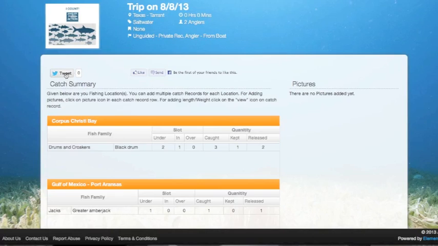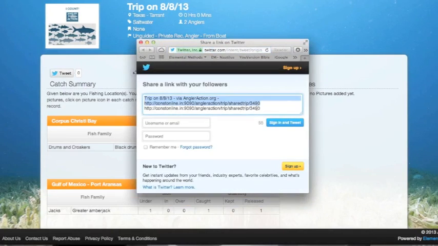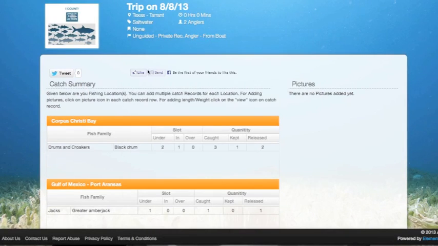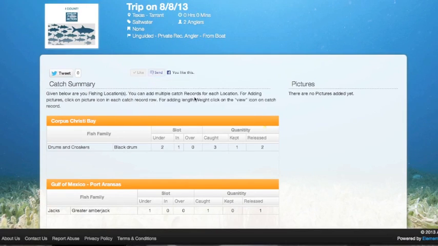If we click on the tweet button, this is what your tweet will look like. It'll be information about your trip, and then also a URL that takes the user to this page. If we post to Facebook, we'll have that same URL. This is my Facebook account, and I can add any comments, and this will also post a URL to this page. If we'd like to send an email, click on Send,